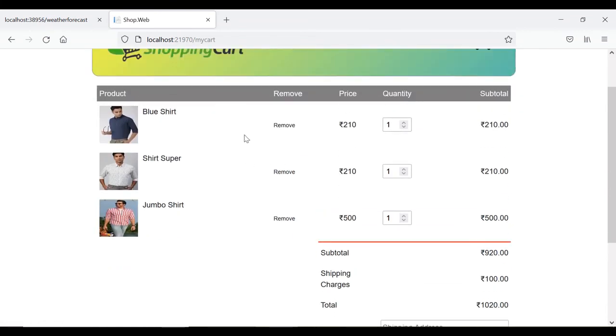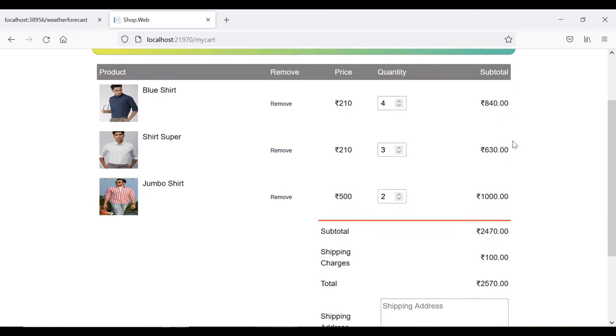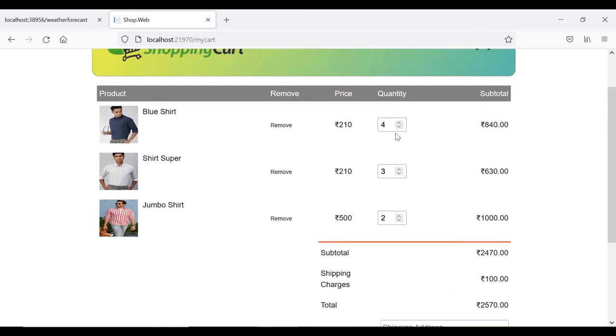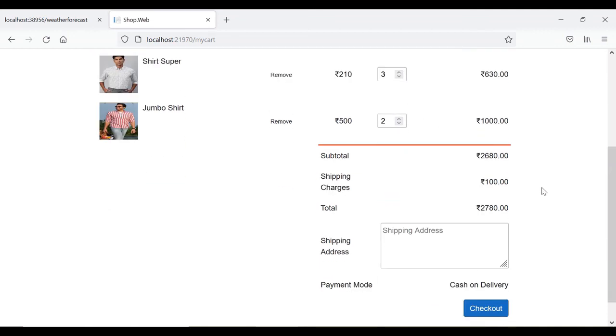with the proper name, price, and quantity is 1 by default. Now let's increase the count. If I increase the count, the subtotal also increases, and based on the subtotal plus shipping charges, the total, all these things increase, because on this quantity we have called the on change event, which indirectly calls this entire thing.